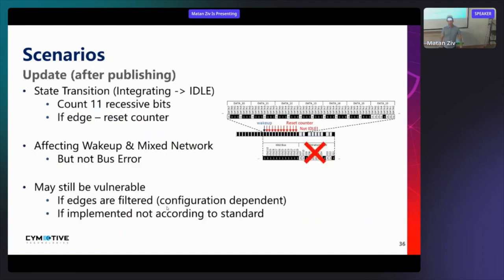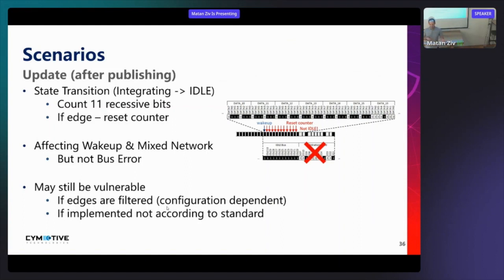So some updates after the last time I presented this. Two of the three scenarios actually are protected by the protocol itself. When waking up, or in a case of a mixed network, the way to judge whether or not the bus is quiet will be done by counting 11 recessive bits, but this counter will be reset when any edge